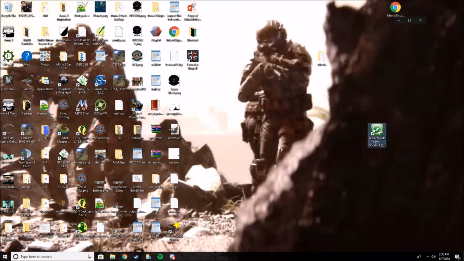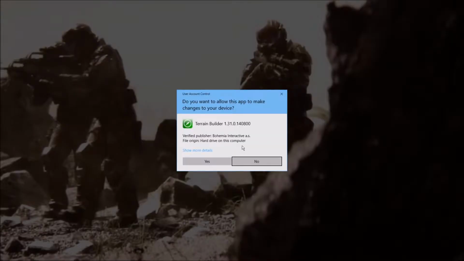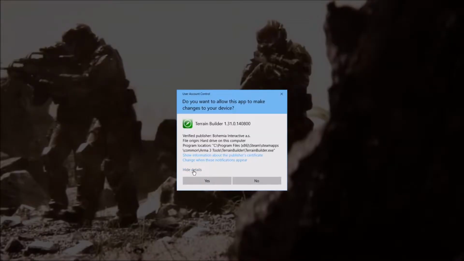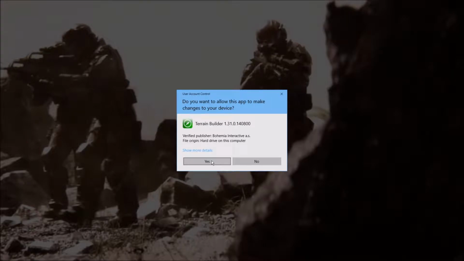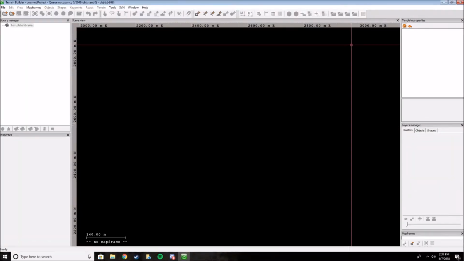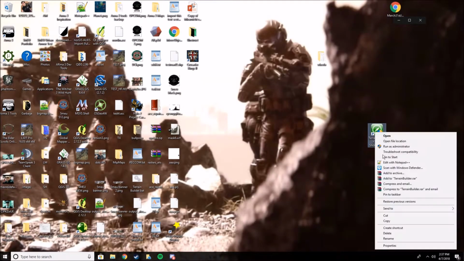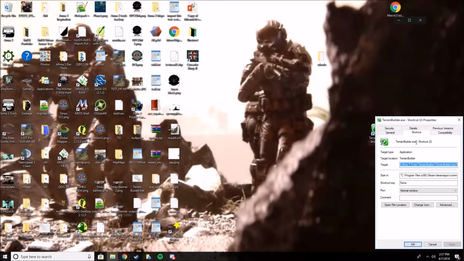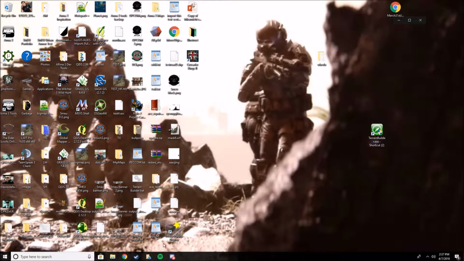And Terrain Builder shouldn't crash, but you will need to always enter your password if you have one like this. I'm pretty sure you can just simply run it as, or give it some kind of thing to make it not always have to do that. But anyways,